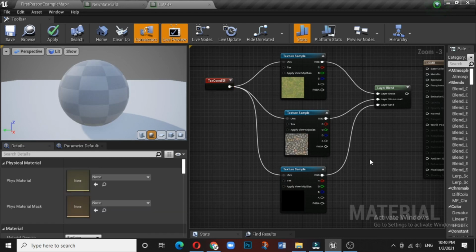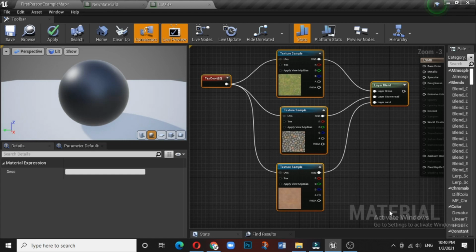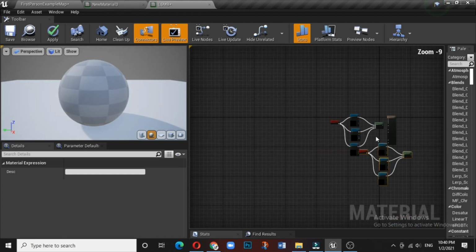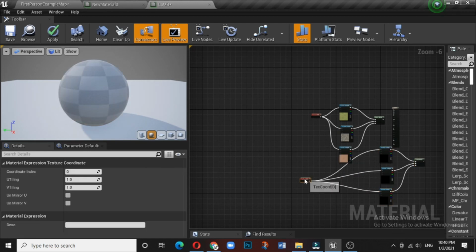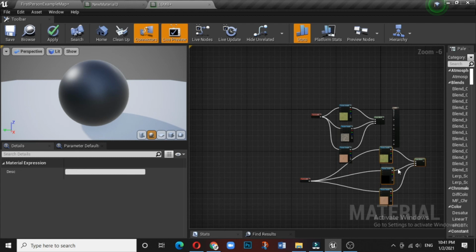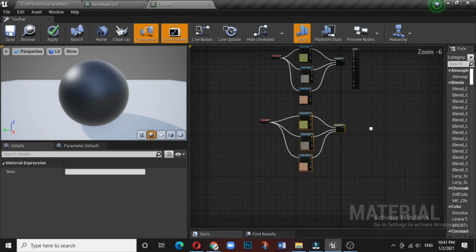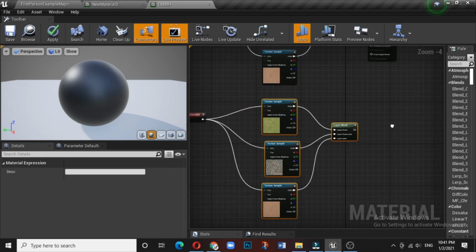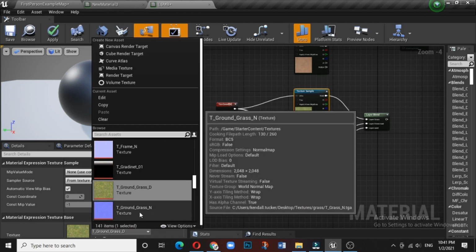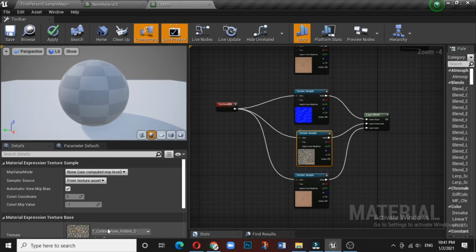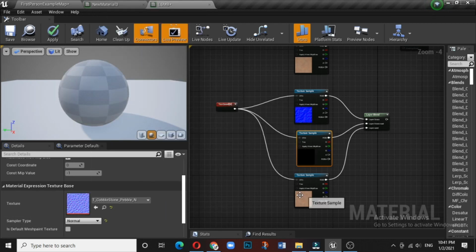Okay, this is one. Now copy this complete whole thing and paste it. Now what is this for? So now let us see what is this for. This mapping what we have done here is basically for the normal map. Now go to each of them respectively and select the normal map.